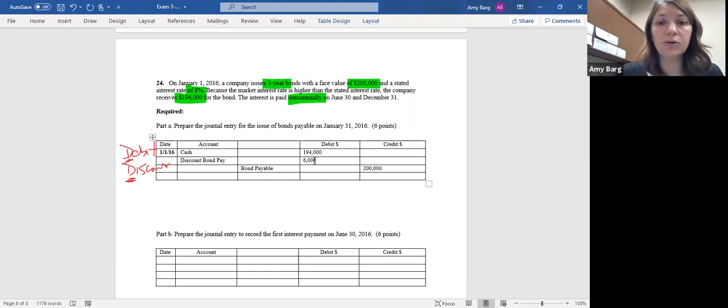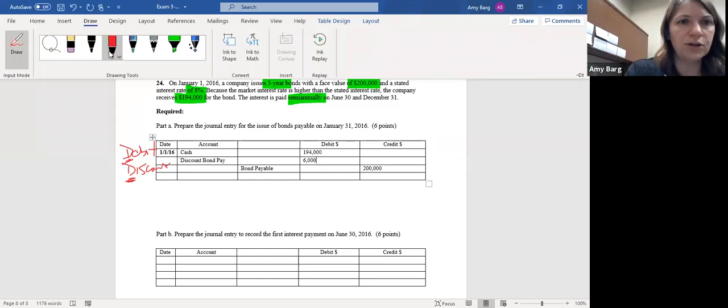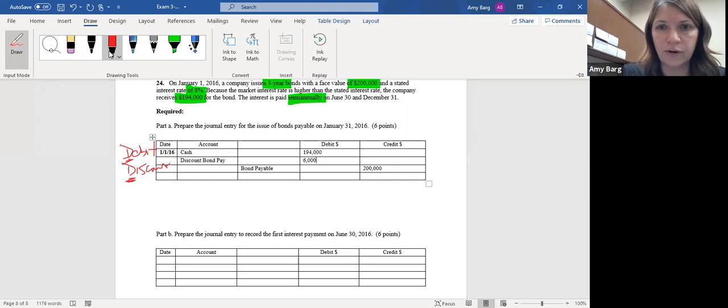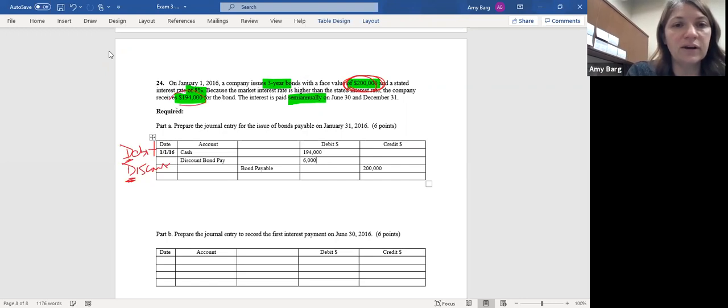Okay, so you know that your bond payable is for $200,000, right? If it tells you that you received 194, you got less for it than you should have. The thing is worth $200,000, but because the market rate is higher than the stated interest rate,